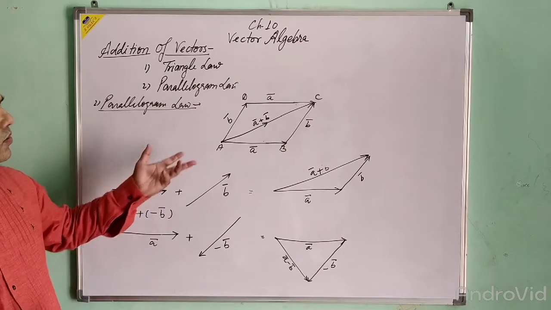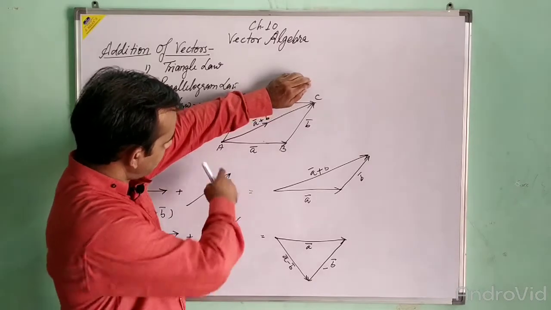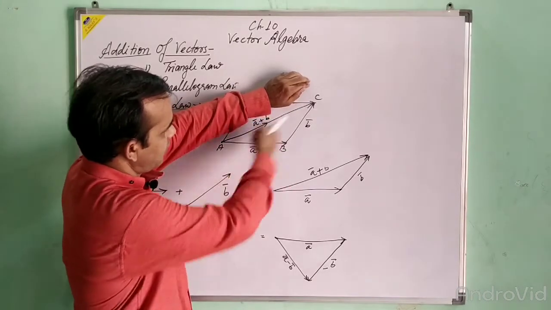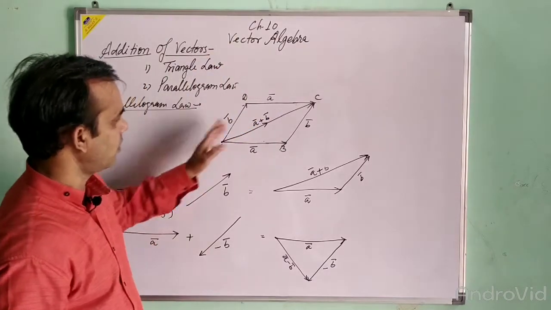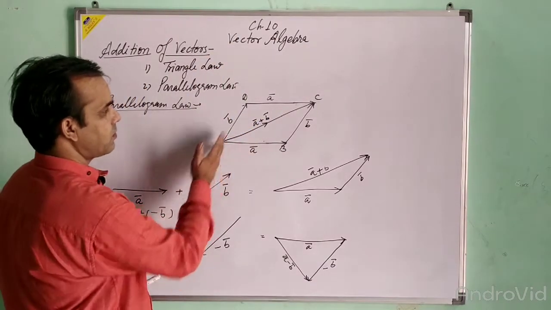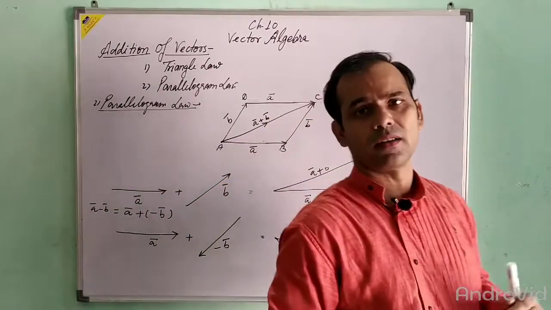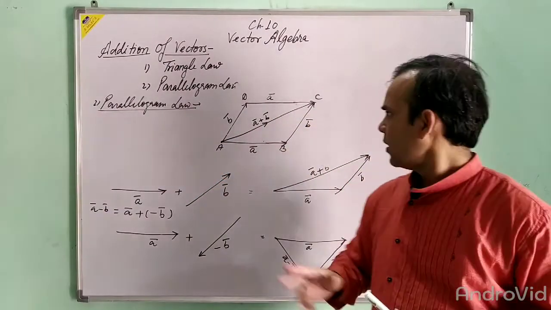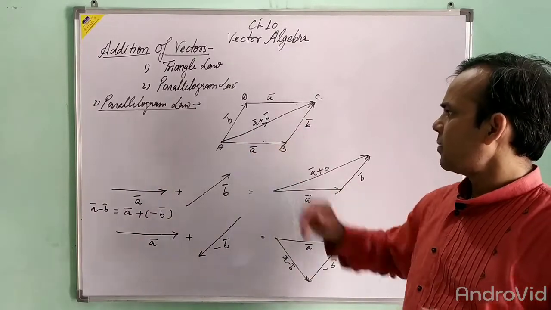Clear? Actually this is also termed as the triangle law. If we omit this portion, then you can see that A vector plus B vector is the third side of the triangle. The same way, in a parallelogram, A vector is here, B vector is taken and added from the same point, that is the tails of these two vectors. Then the resultant will be given by the diagonal vector, that is the A plus B vector.